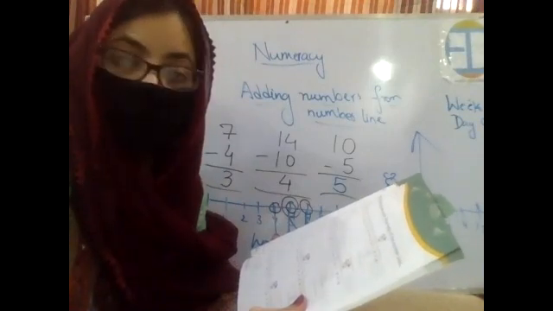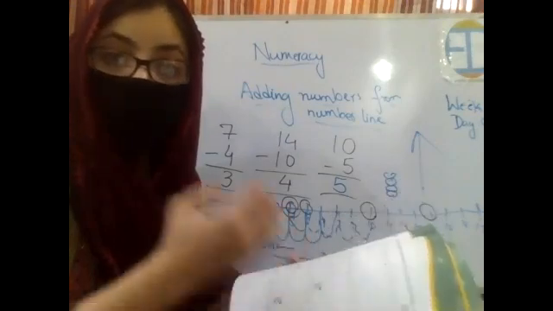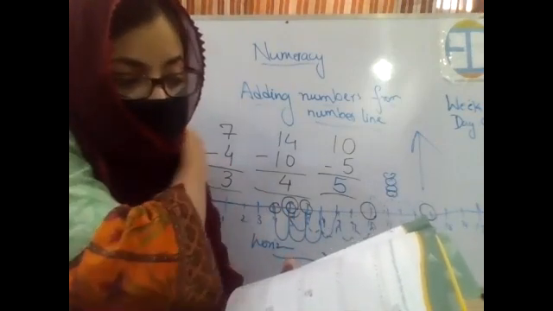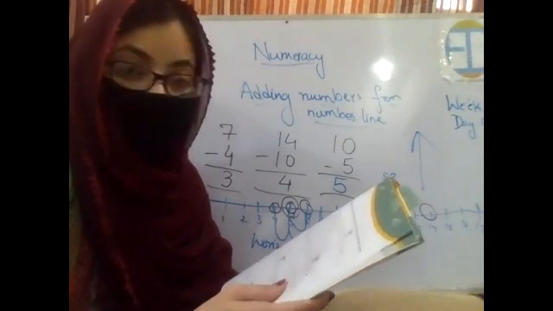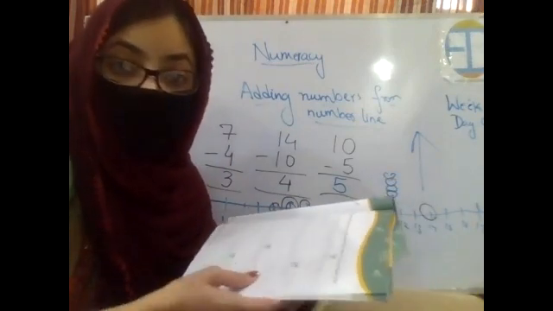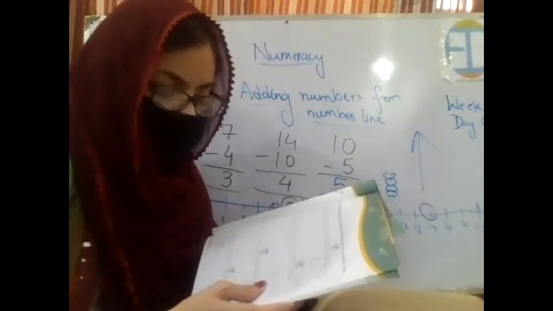See, in your book as well, the number line has been drawn, which starts from 0 and ends at number 20, right? Now there is this cute little bunny which starts from one number and ends at the other, and you are supposed to find the difference between those two numbers. Got it? So let's look at this.